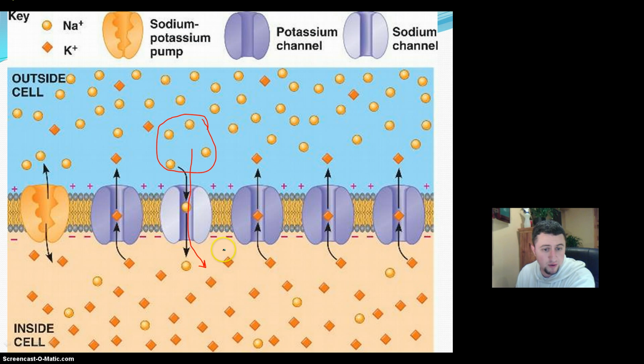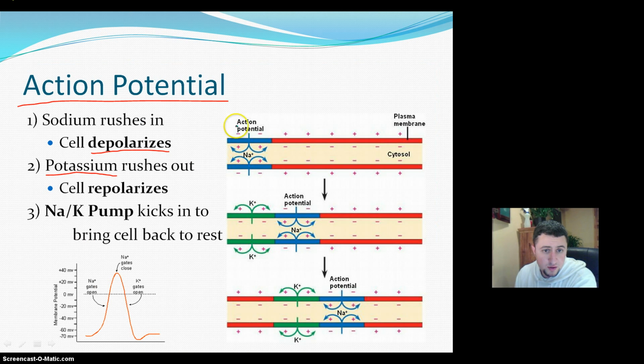So go back to this diagram here. The cell is going to depolarize by sodium rushing in, and then eventually we're going to get to this point where we want to repolarize the cell, so we're going to have potassium rush out, which is going to help to repolarize. So this diagram here, I took all the little ions off of here, but you can see